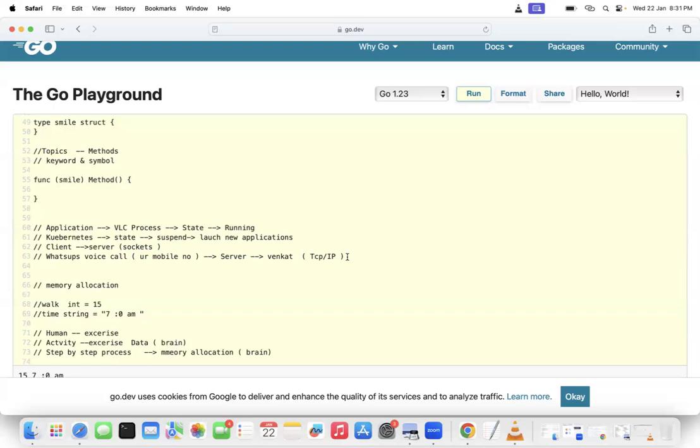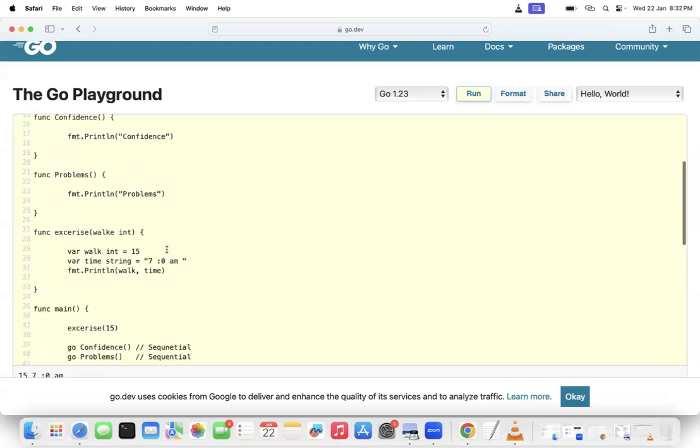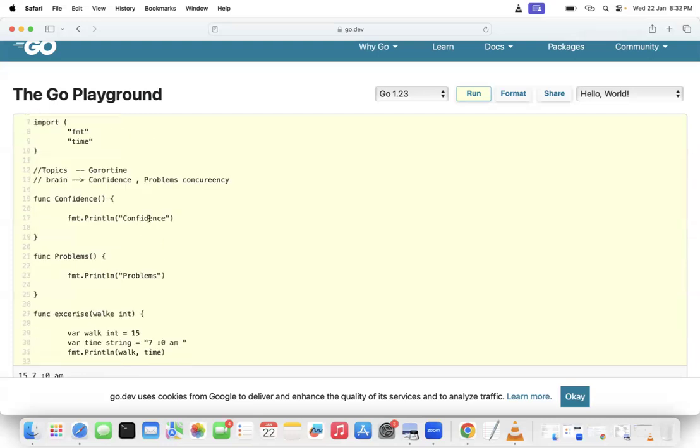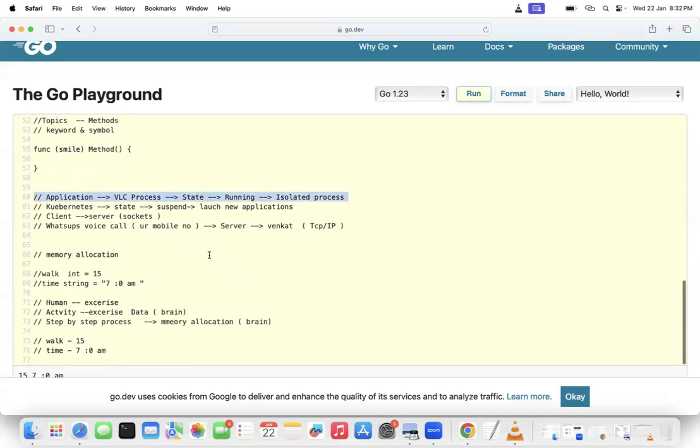TCP/IP or UDP applications. In Kubernetes, the purpose is to manage the state of your application. In Docker, it is to create an application, and that application will run as an isolated process. What is a process? You understood what a goroutine is: they are isolated, have their own memory, and execute the code. In the same way, a process is an isolated process. In this context they have designed the concepts of everything here.